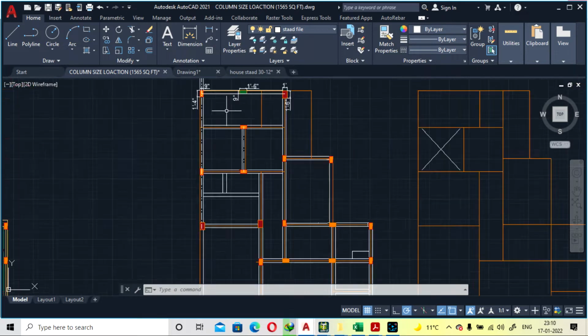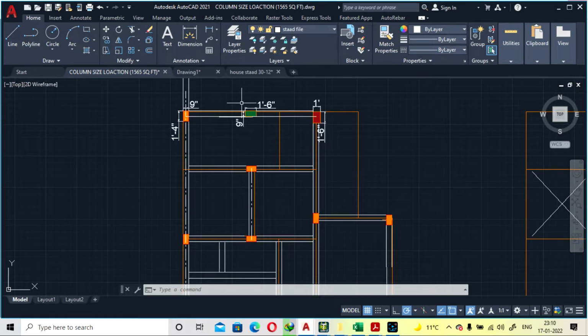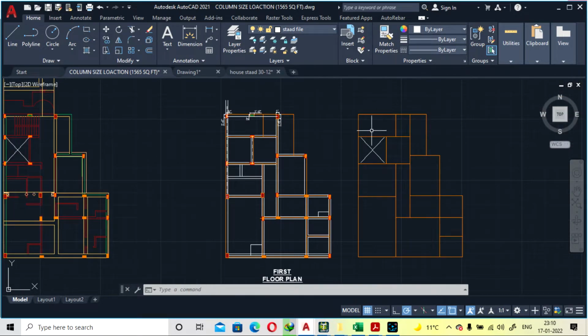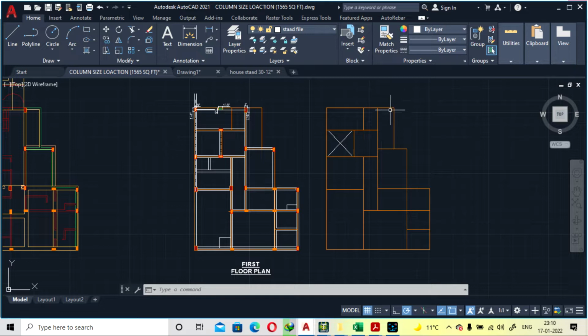Here all the columns we have placed by our expertise, and through this we will import the grid lines file to STAAD. So it will be easier, so you do not have to draw the grid lines by the node to node method. So you import the file, and it will help you in a larger project to import and make the STAAD file.